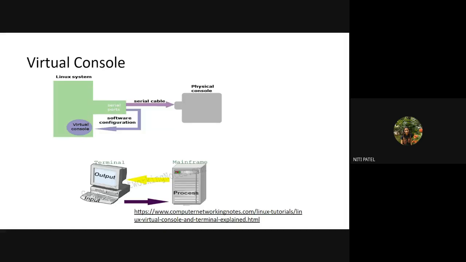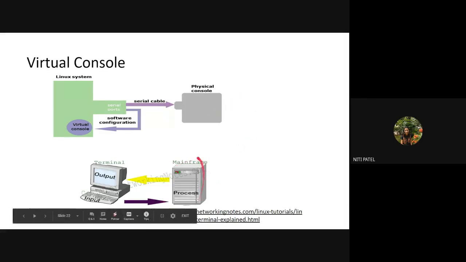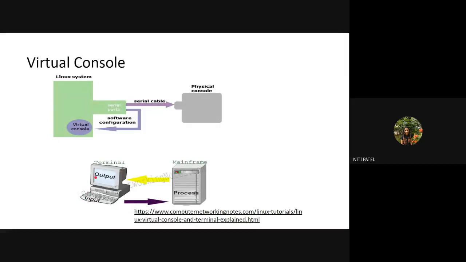So what is happening over here? Have you heard about the mainframe computers which were used in very olden days? This was your mainframe computer. What was the function of the mainframe computers? It was doing only the work of processing. That means I have a system at my home, but I can only give input and I can only observe the output. No processing work was done in my system.